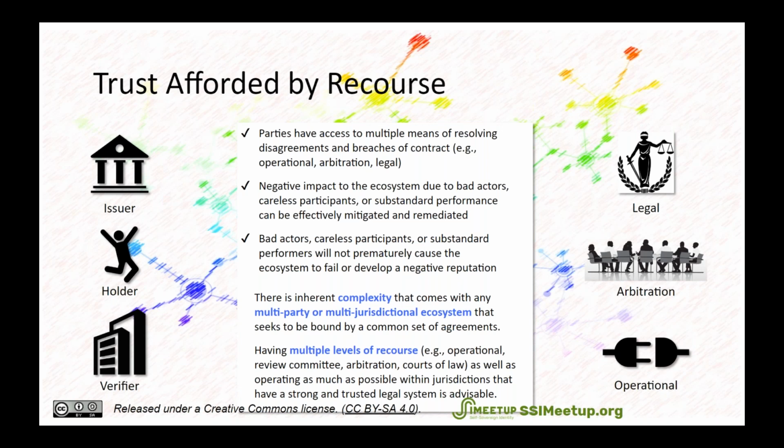But throughout the whole ecosystem, you have to have methods of resolving disagreements and breaches of contract. And these can be at all levels. These can be recourse at operational levels. This can be recourse dealing with agreed upon arbitration. And finally, when all else fails, you want to have a legal system that you can take these